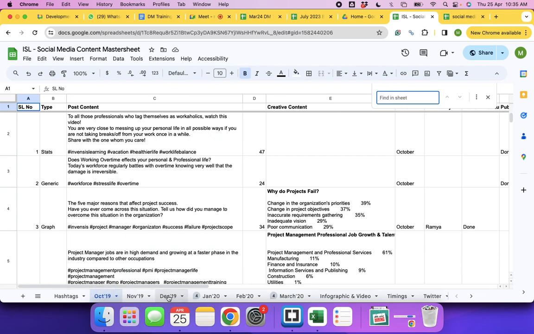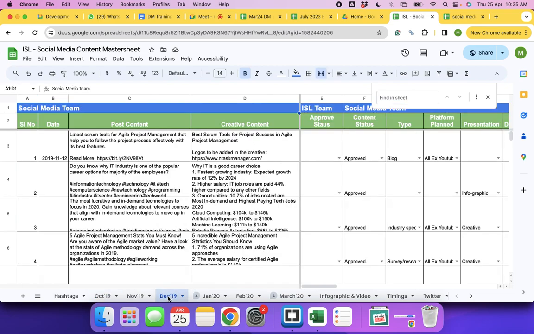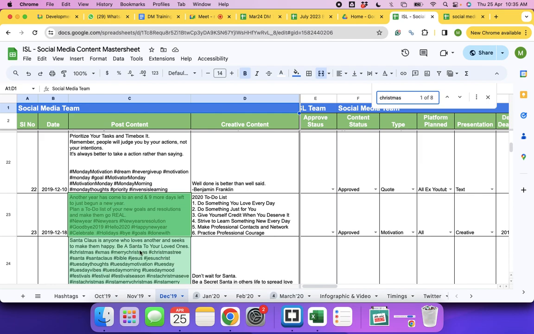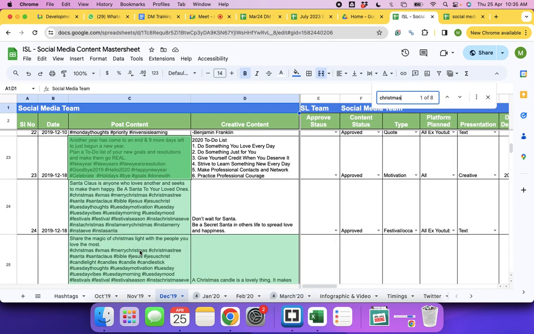Maybe December, Christmas. Let's see. This is mostly targeting the Western countries. See, there is a post planned for Christmas, for New Year. Do you all see that?